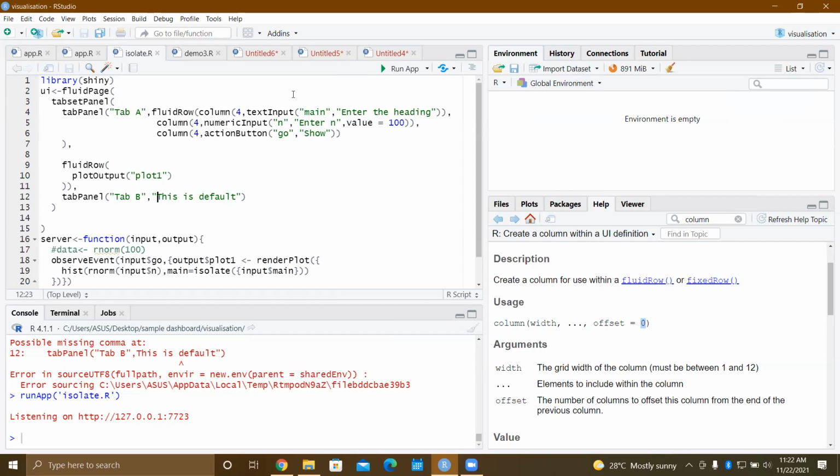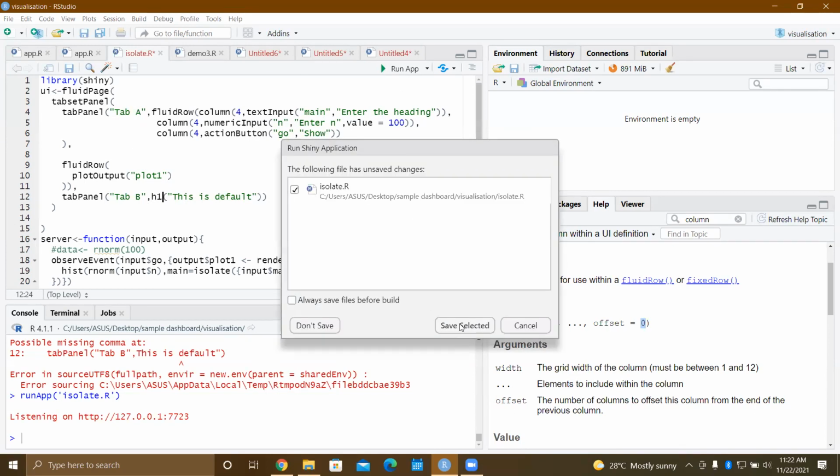They have also created something using HTML. If you want to keep something, so H1 is the header, the highest header value that HTML uses in the tag format. So we can use that also. I think this works.